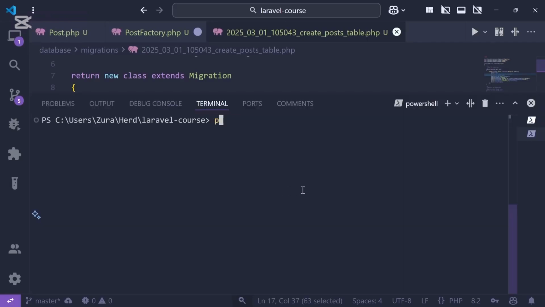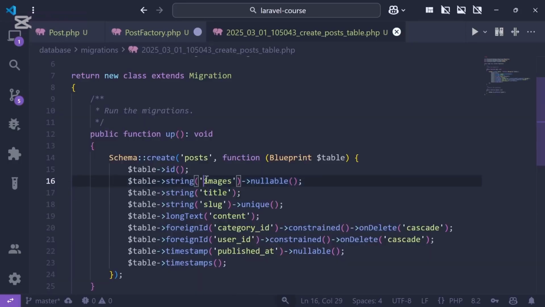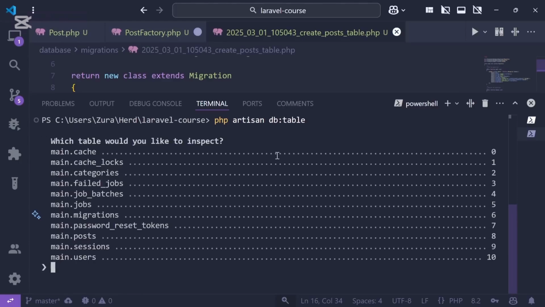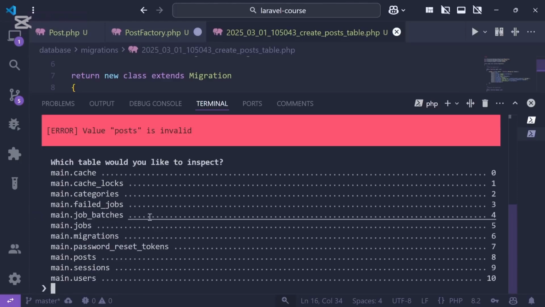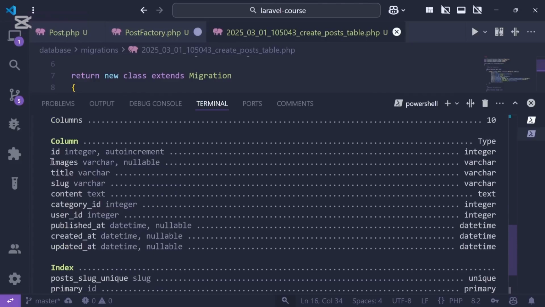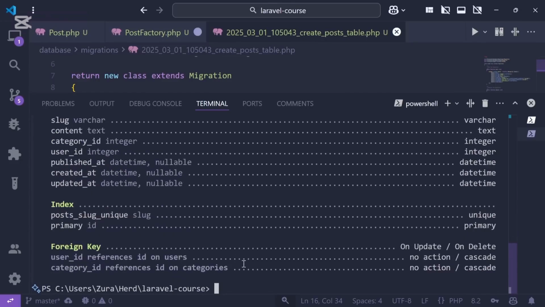Let's open the terminal, and before I do this rollback and reapply, let's see what the column name is inside the posts table at the moment before I roll back and reapply the migration. PHP artisan db:table, we hit enter, and we can choose the table name, for example, posts. We hit enter. Actually, we should choose main posts. We hit enter, and now look at this. So we have this images column right here, but now we're going to execute PHP artisan migrate:rollback, and